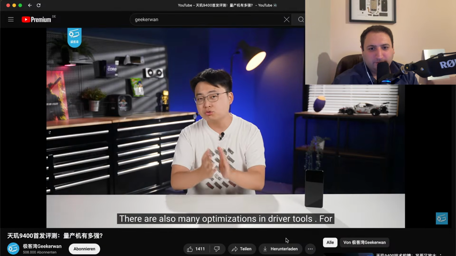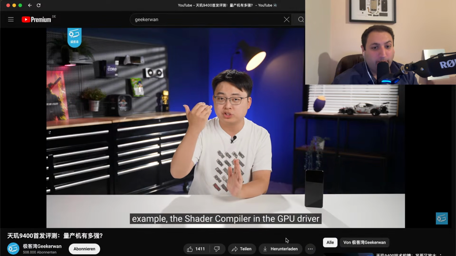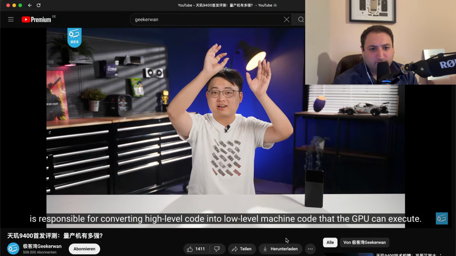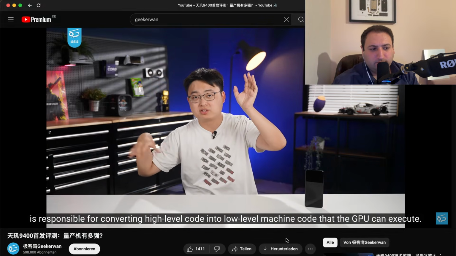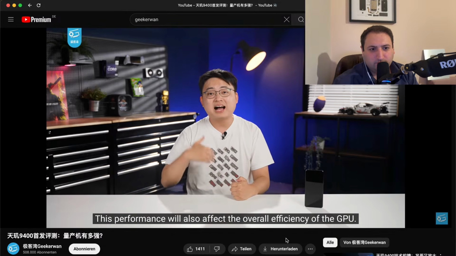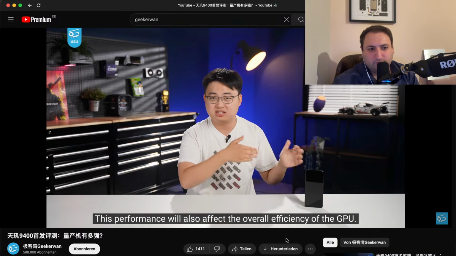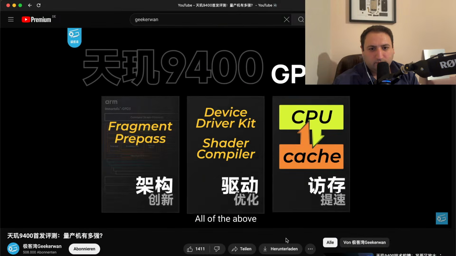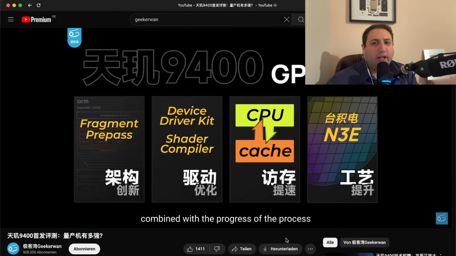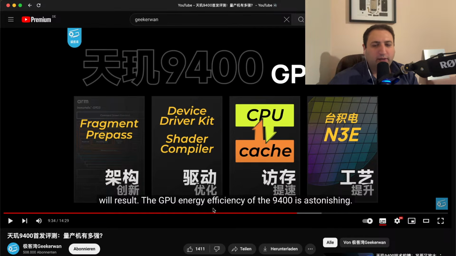还有很多驱动工具上的优化，比如 GPU 驱动中的 Shader Compiler 要负责把这个高层的代码转换成 GPU 能够执行的这种底层的机器码，那它的这个性能也会影响整体的 GPU 的效率。所有以上这些 I really have to say, I know I sometimes shit on their testing where real world results don't really correspond with some of their artificial benchmarks. I would still argue that will be the case here, but just shout out to the Dimensity 9400 for a